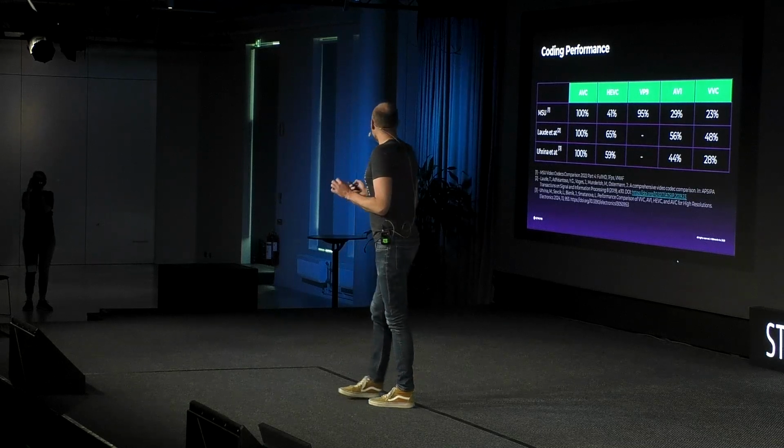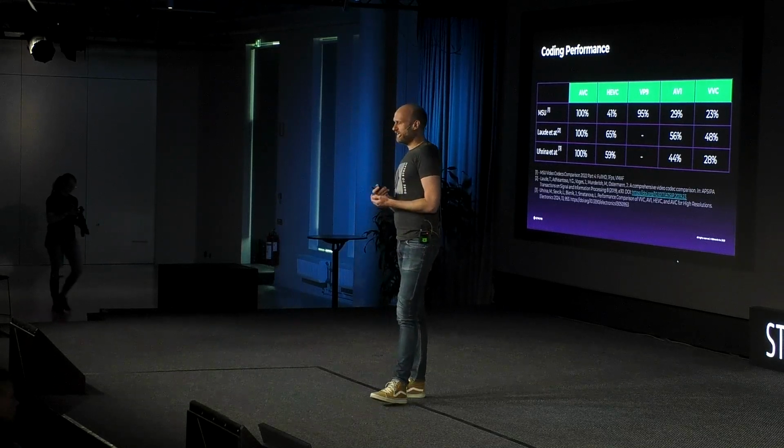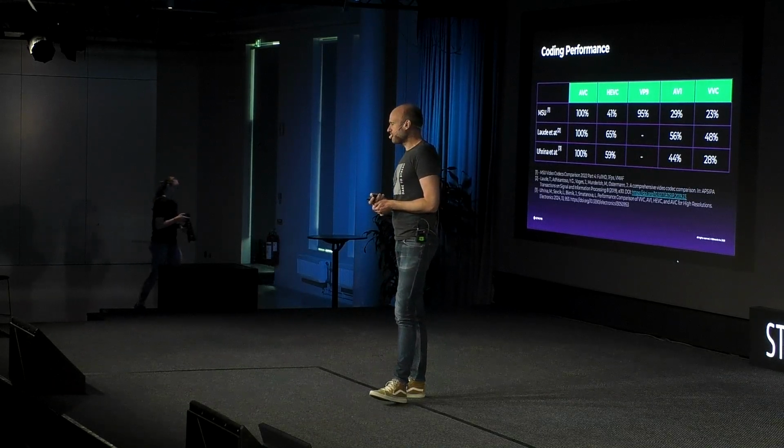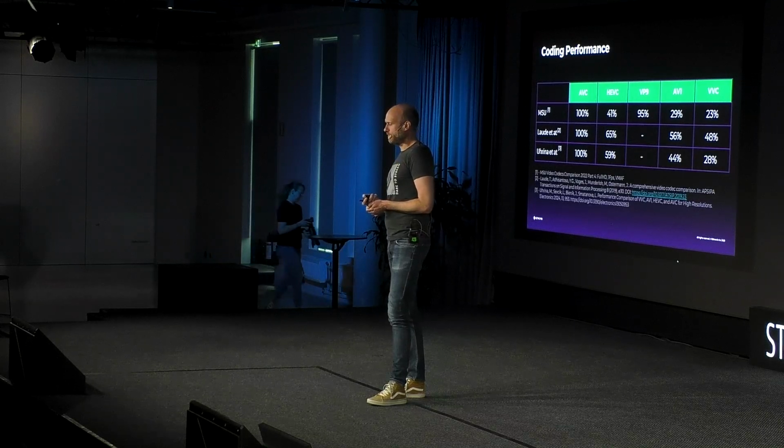All right, why do we even need new video codecs? It is about features, of course, but mostly it is about coding performance, coding efficiency. Right? And I tried to find some studies, and first of all, if you are trying to have a fair comparison between codecs about the coding performance, then that is a close to impossible task. I mean, people have gone insane about this, I think. I tried to find some studies, the MSU is doing this, and I found some papers that are trying to compare these different codecs from the encoder side.